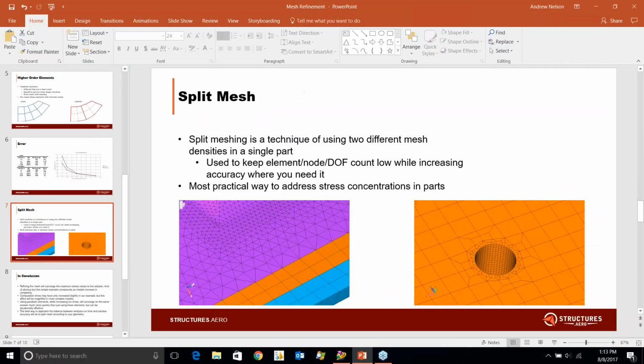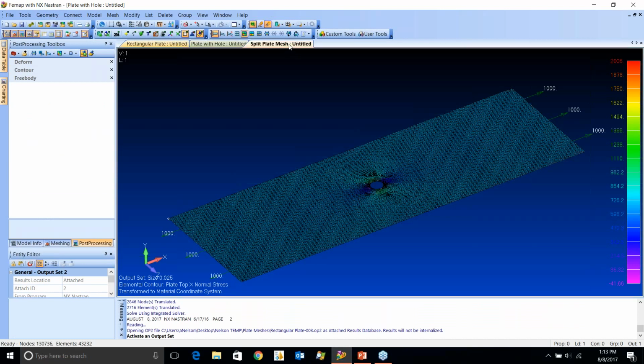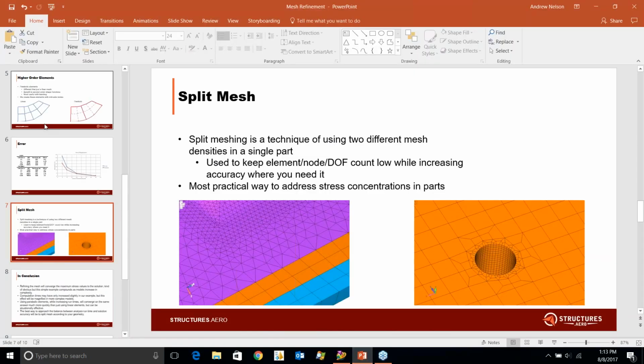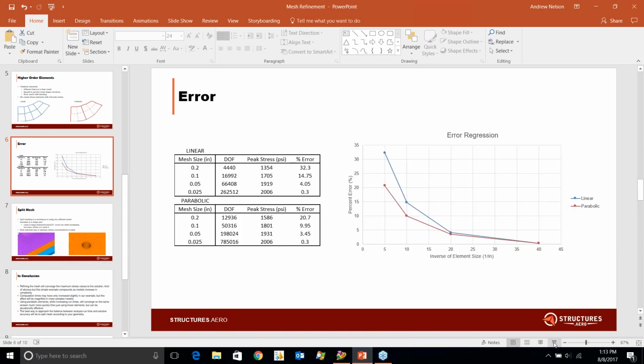So we're going to jump back into Femap, and I've already run our plate using the split mesh. As you can see, I'm using, I think it's a 0.2 element size in the acreage and a 0.1 element size around the hole where the stress concentration is. And if we go back to the error slide,